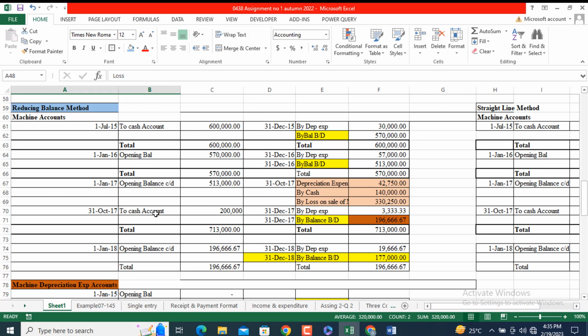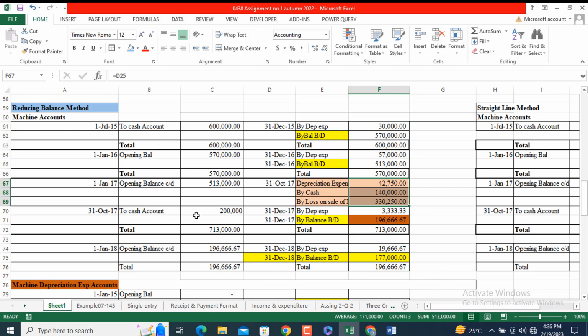So what happened here? Depreciation expense is 42,750, which is taken from this amount by charging 10%, but for the 10 months. So look at the formula here, as I have calculated in the schedule. I have taken it from the schedule. By cash 140,000, by loss on sale of machine. So look at this. If you look at the sum of these three rows, it will be equal to